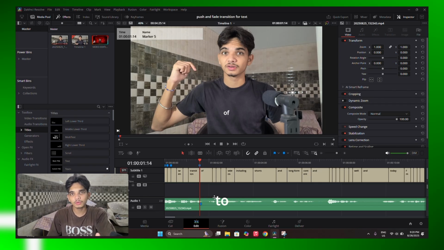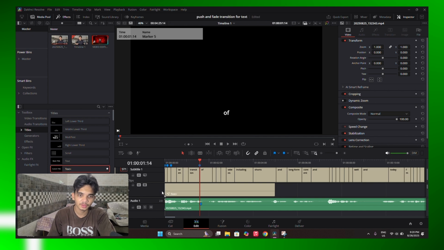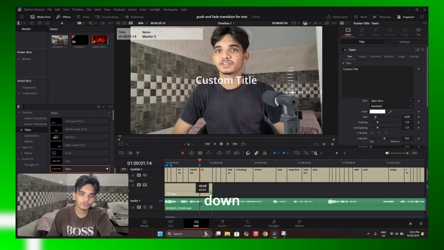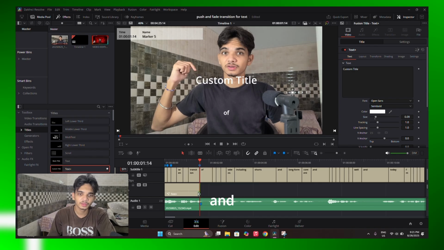So we have to import a Text Plus node first. Let's import that. And now just drag the end marker down to your marker and then write the text here you want to do. I want it to come word by word. So I would just separate this clip into various clips and then animate them.